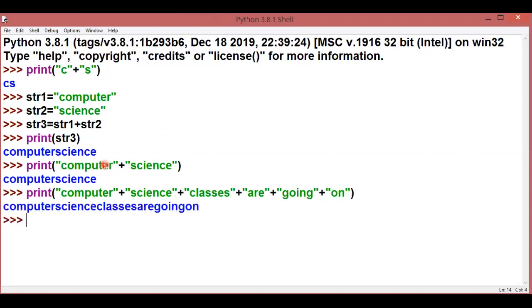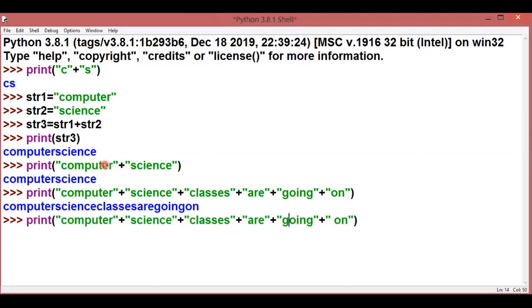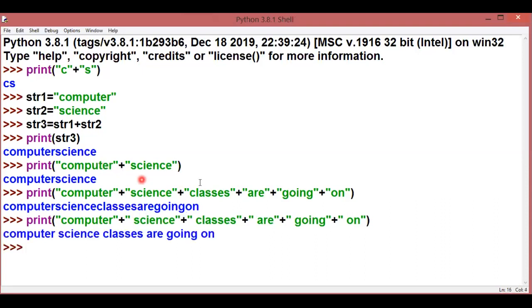So it will be printed in this way. But as you can see, the concat operator is not adding a space in between. So what is the solution for this? We can add the space from our side in our string. I'm going to add it and present it. Now as you can see, the space is added over here in the string.